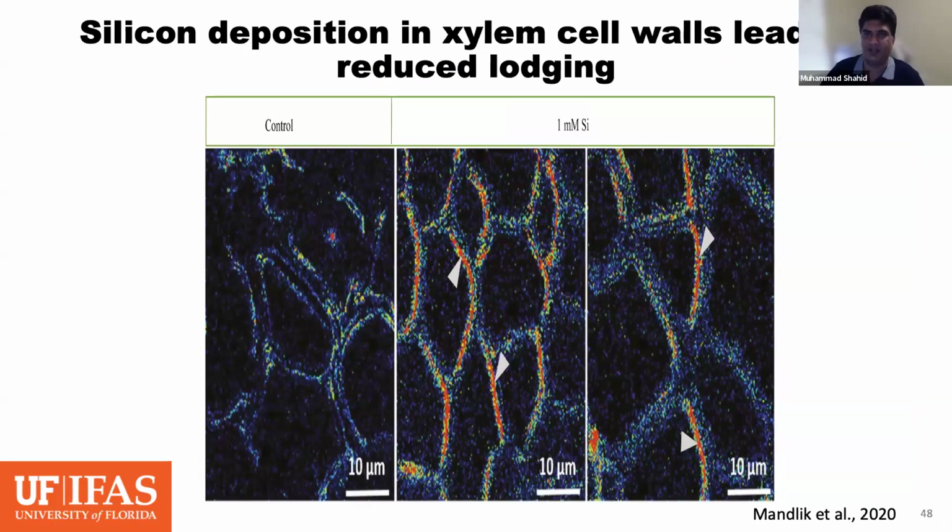The reason behind this is, and this is just an example to show you, work done by Mandlik. They applied silicon to the plants; this is the control, and this is 1 millimole of silicon on a daily basis, and all the red spots that you observe are silicon accumulation. So when plants take up silicon, it is accumulated around the cell walls and provides mechanical strength. And that's a factor we are observing very well here in Florida, because it's now our third year,